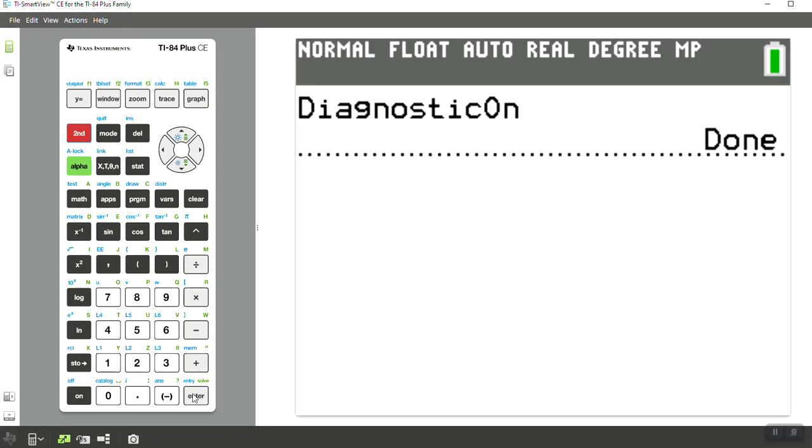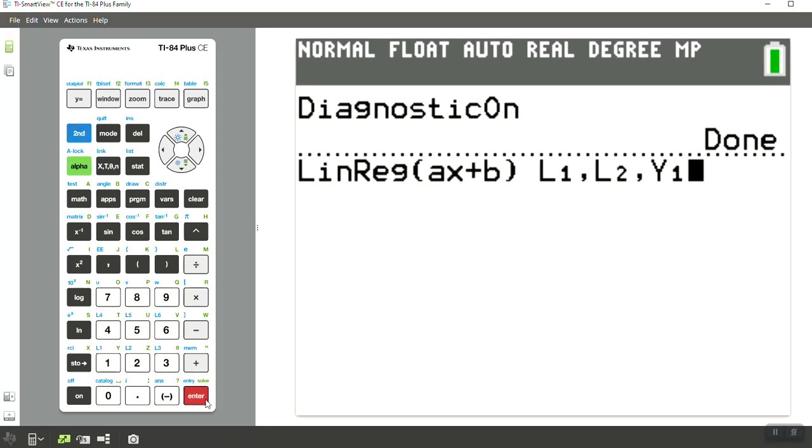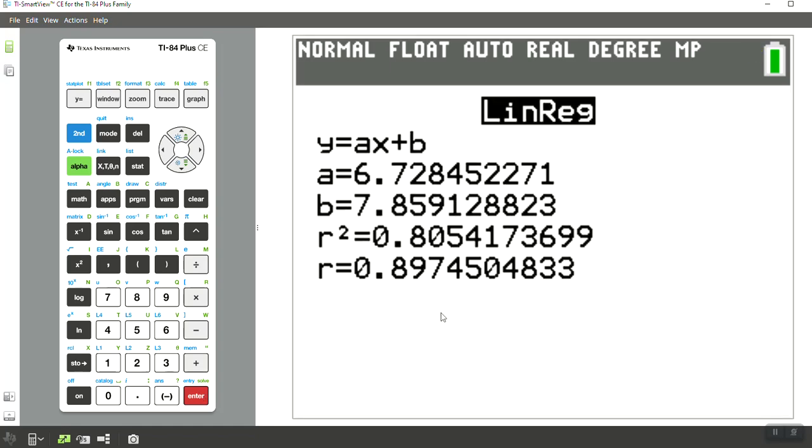So if I push second entry twice, it will go back to the second to last command, and it will perform the regression again, store it into y sub 1, but this time you can see it does show the Pearson correlation